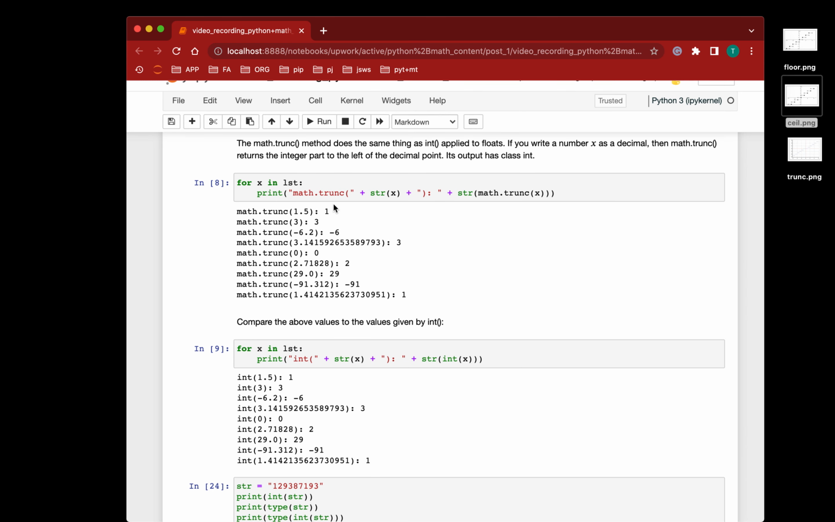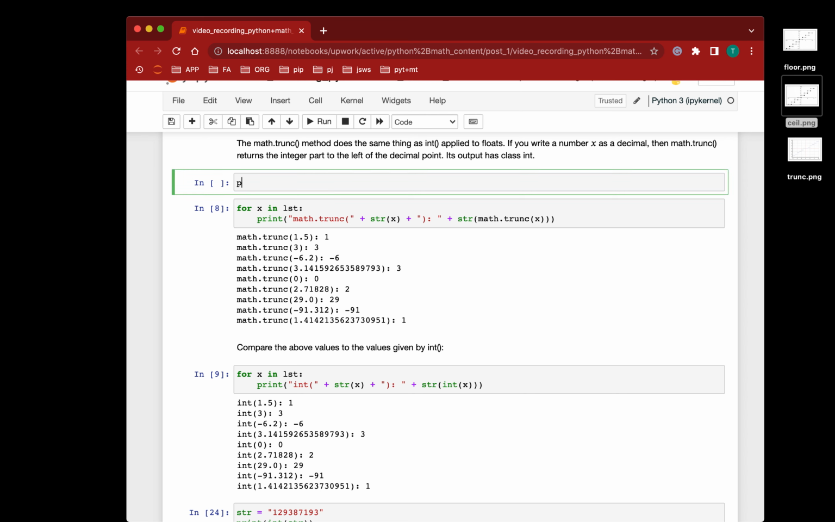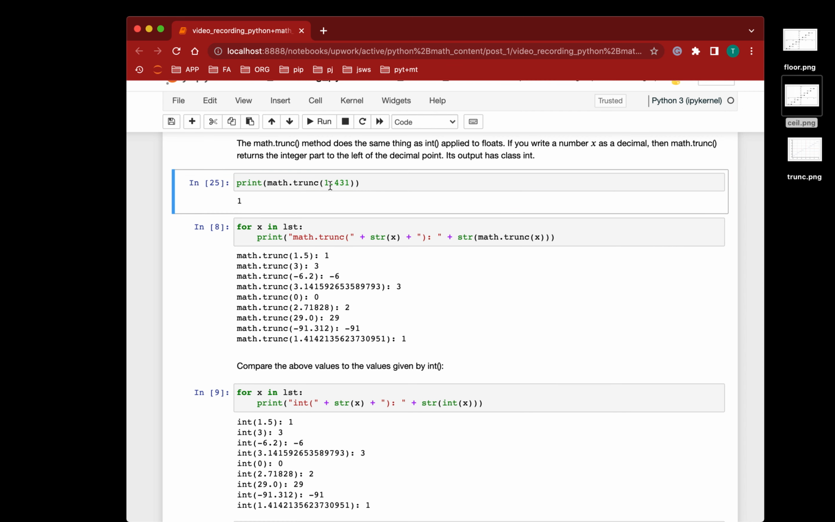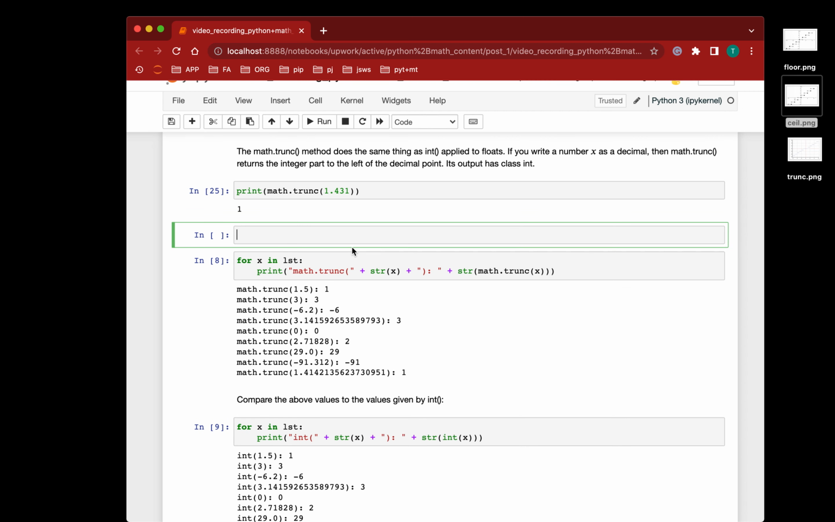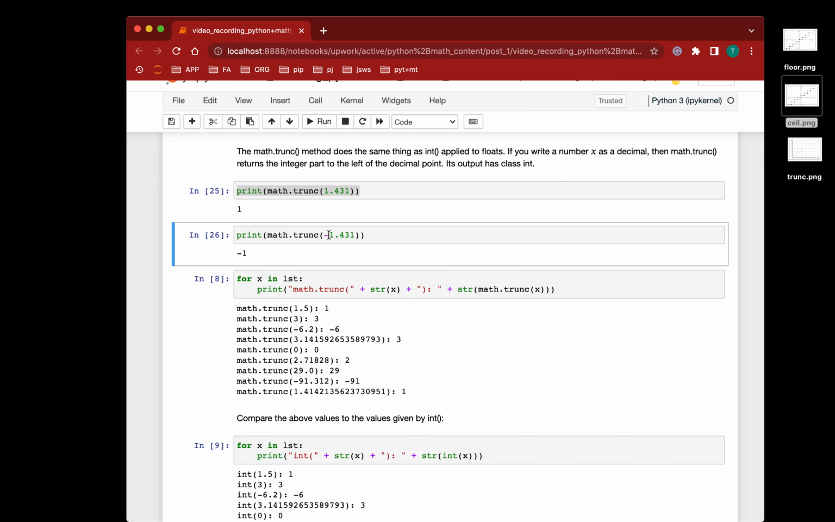So aside from that, the syntax for the trunc function is pretty straightforward. It's just math.trunc, and then you can put in whatever float you want to put into it. So if you want to truncate 1.431, it gives back 1. If you want to take a negative number and truncate that, it gives a negative 1. Likewise, if you have 1.5,